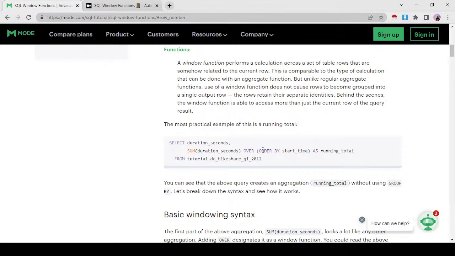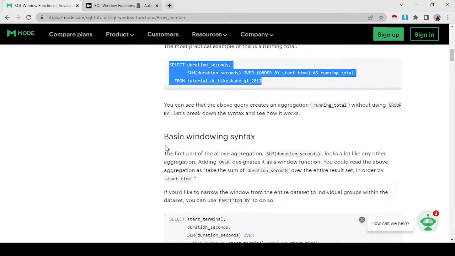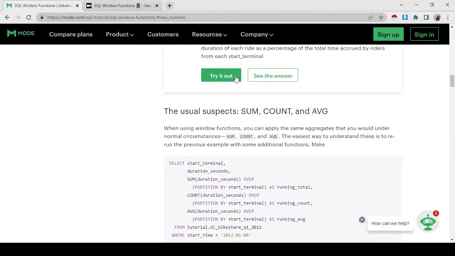For that particular duration, when it went down, what was the running total? That is the sum of durations in seconds before it, and this duration is what we get as a part of this whole query. Let's try to implement it first, and then we'll